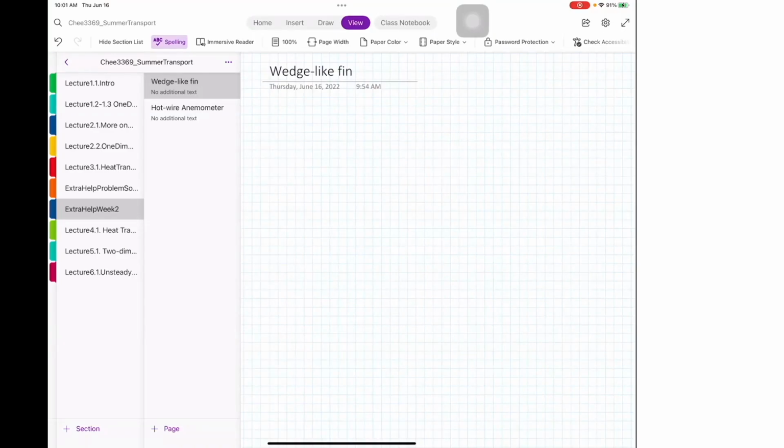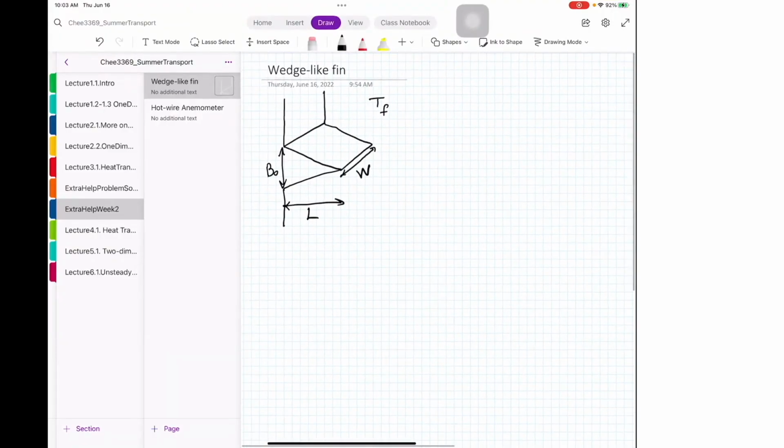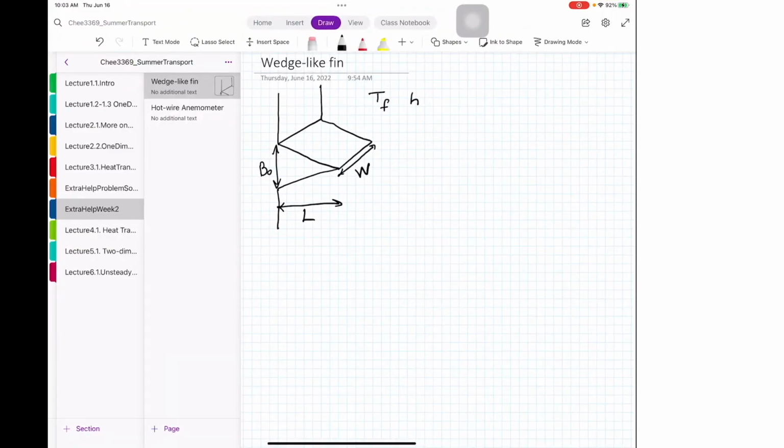First problem is the wedge-like fin. The problem says you have a fin which is in the shape of a wedge. It has a base height of b0, and its width goes to 0 at a distance L, and its width is W. The system is cooled by a fluid at a temperature Tf. The fluid has heat transfer coefficient h, and the wall is kept at a temperature Tw,